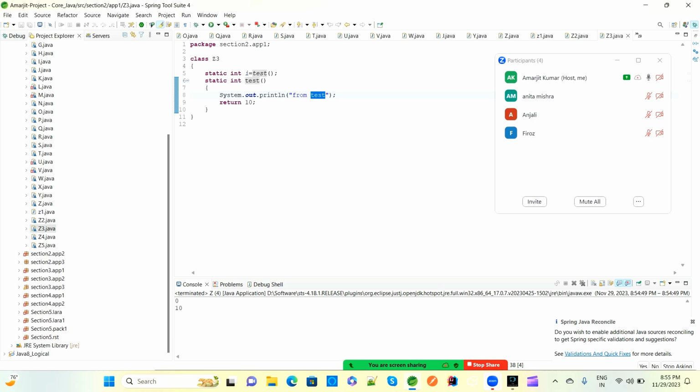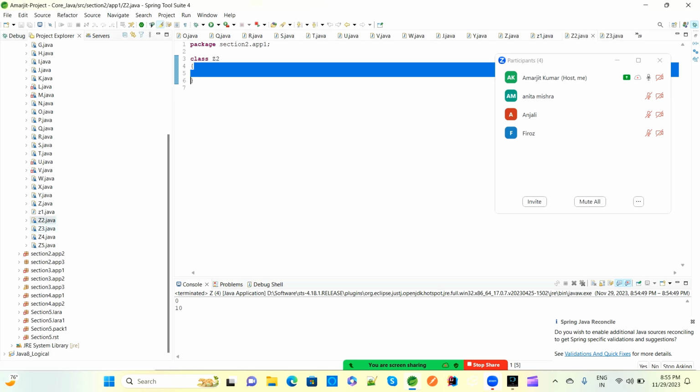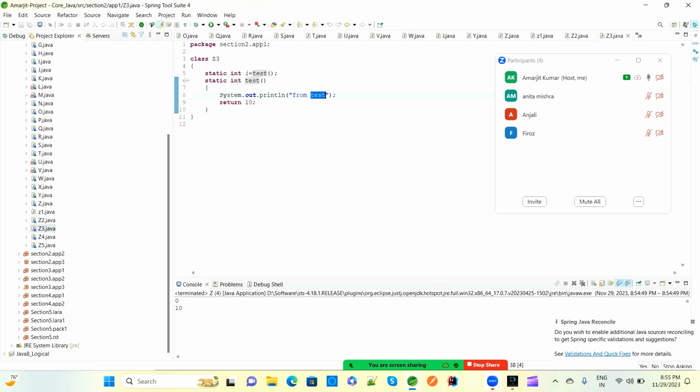But from Java 7 onwards, the main method is required. Without a main method we can't run any program. If you are not declaring any main method inside the class, there is no compilation error, but while running the program, the compiler will go for the main method first. So inside this